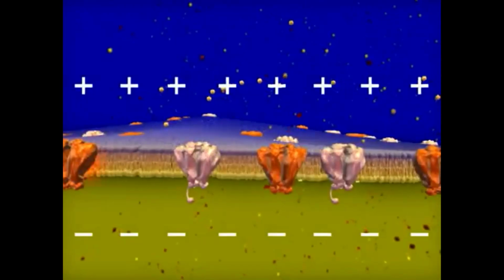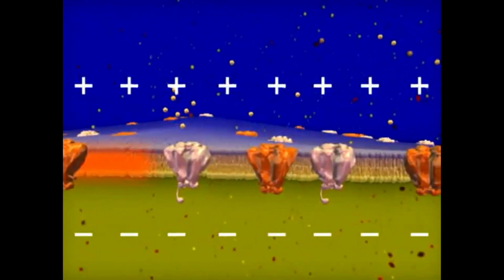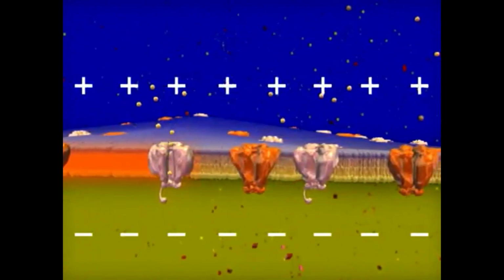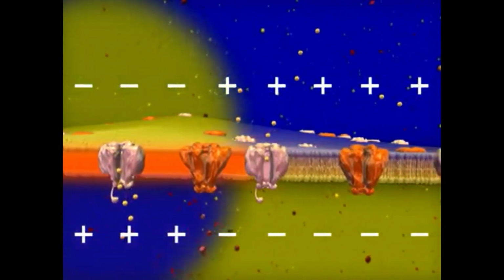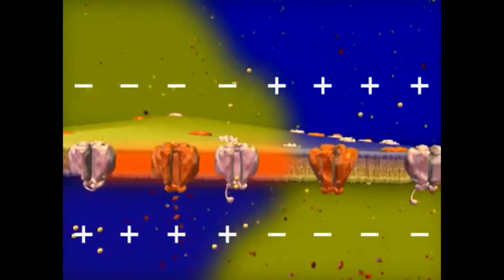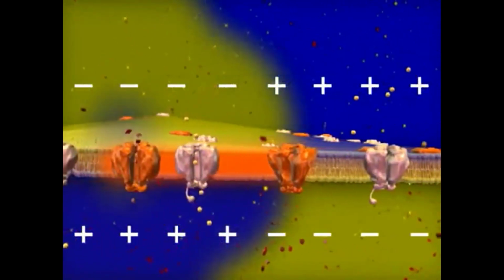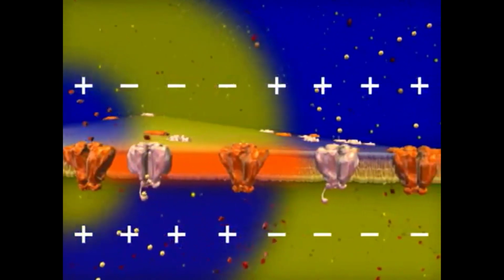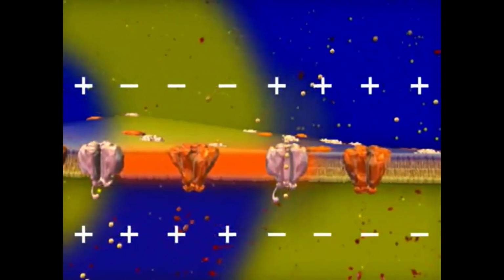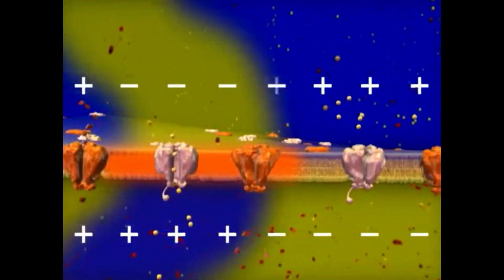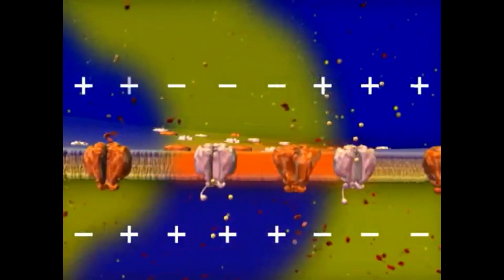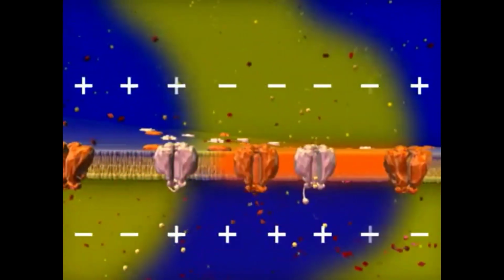Let's look at how the action potential is conducted along the axon. As the change in charge difference across the membrane spreads from open sodium channels, other sodium channels farther along the axon begin to open. The original sodium channels close and adjacent potassium channels open. As potassium ions move out of the cell, the original charge difference across the membrane is restored, and then the potassium channels close. Meanwhile, new sodium channels open, followed by the opening of new potassium channels and the closing of